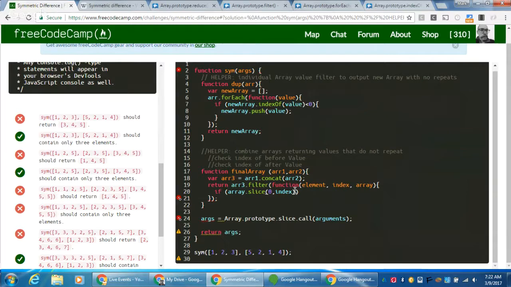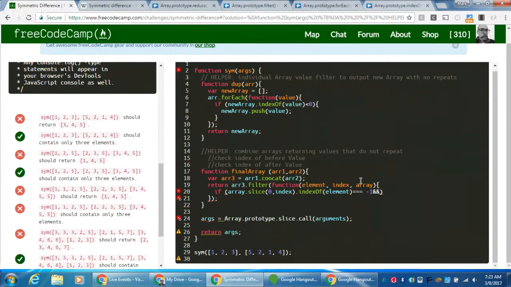So I only want to return things that show up with the index of value, right? So let's take a look at this. So now we have the value itself included, and then I'm going to take the index of that, index of element. So again, the index of this element. And I only want to return it if it is exactly equal to -1. And that's going to return everything before. So if I can't find that index value before it, which means it's a unique value,